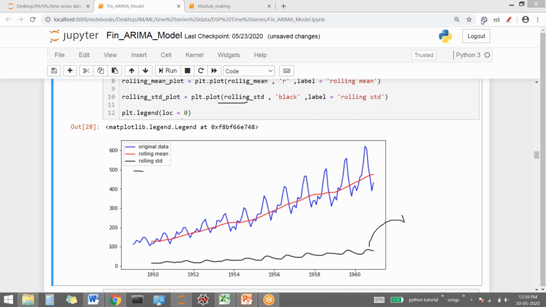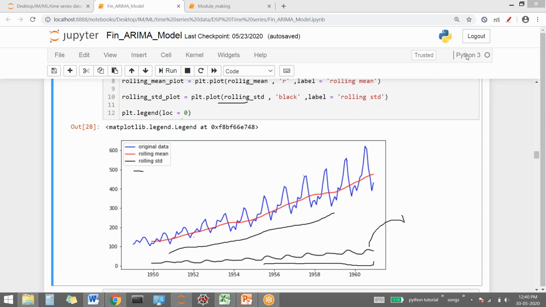So this gives you a clear picture that there is an upward trend. Our data was also saying it clearly, but the very basic property is that the mean and standard deviation should be constant over time, and we see that the mean, that is the red line, is increasing over time. Similarly for standard deviation, there is not much increase, but there is still a bit of increase here in the end. After 1956, the standard deviation is also increasing, and so is the rolling mean increasing over time. Moreover, the data was also clear enough, but still we checked the basic property, rolling mean and rolling standard deviation, and we found out that the data is not stationary.